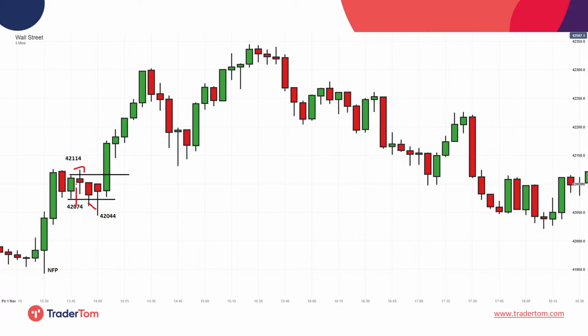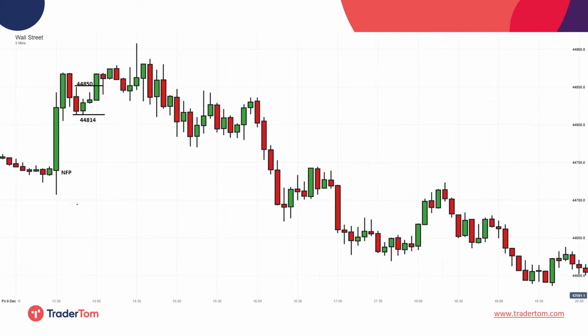But also notice how tight that range is. It is just 40 points in a 44,000 point index. So that's something we need to be mindful of as well today. If that decision bar is too narrow, it can't be that. And then finally, December, which is the last non-farm payroll we had. 1, 2, 3, 4, long above, short below.